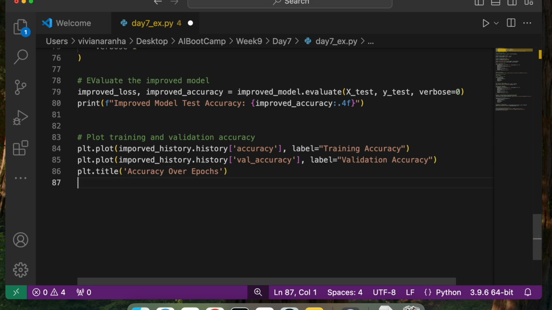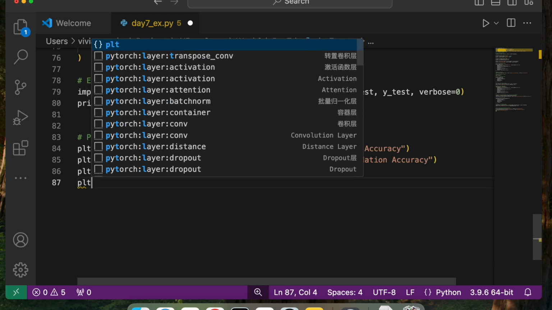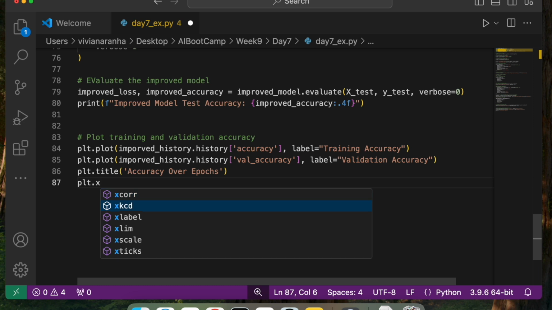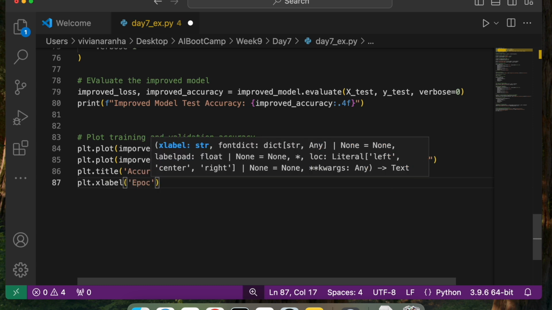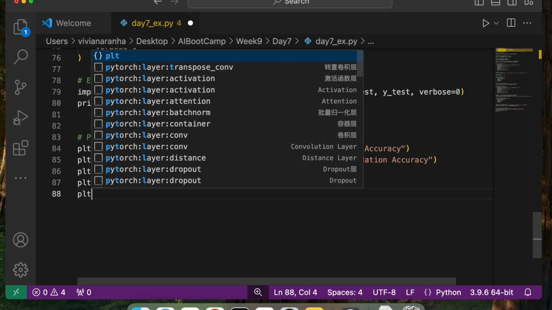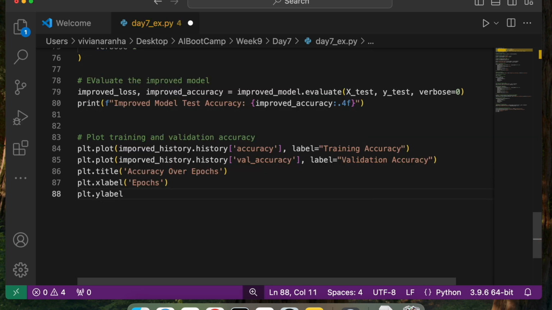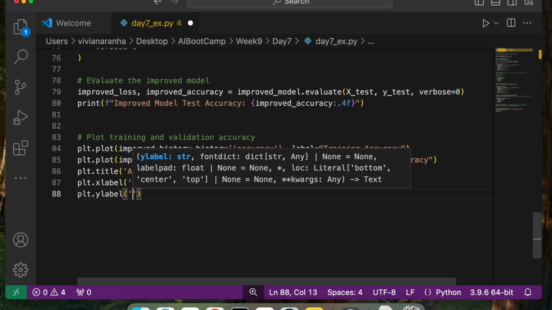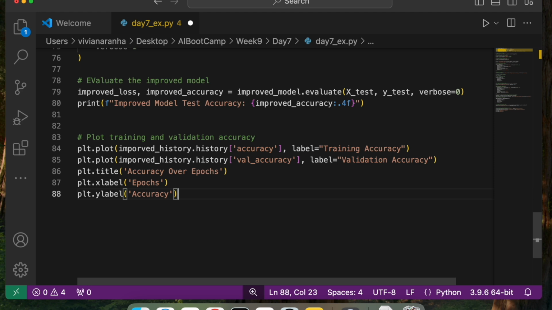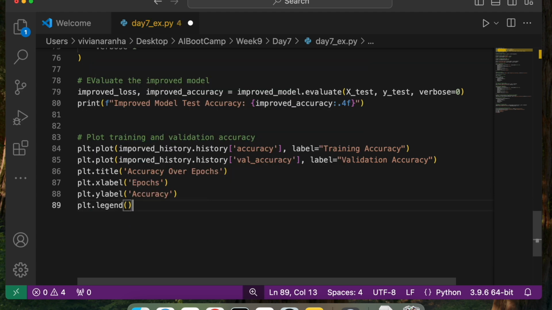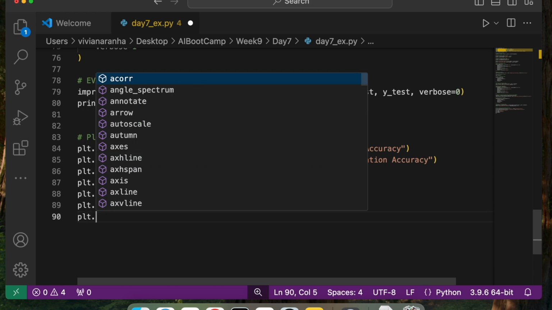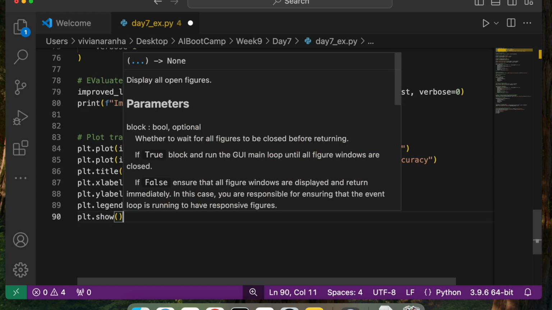I think we're running it for 20 epochs. Plt dot x label, I will use x axis to show epochs, and I will show the y label to show my accuracy. Next I'm going to say show me the legend, and finally I'll say plot dot show.